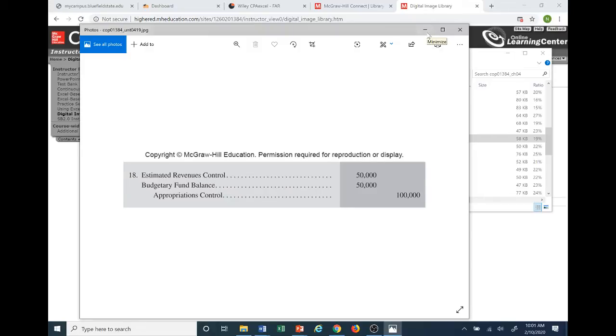Today we're going to be wrapping up Chapter 4, still dealing with the general and special revenue funds. Today we're going to be finishing up some transactions that are normally accounted for within the general fund, and we'll get into just some examples of some transactions we'll expect to see within some special revenue funds. And then we'll take a glance for a moment at what the balance sheet and statement of revenues, expenditures, and changes in fund balance are going to look like for each one of